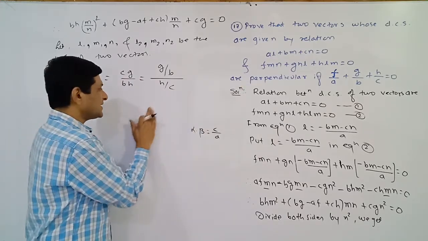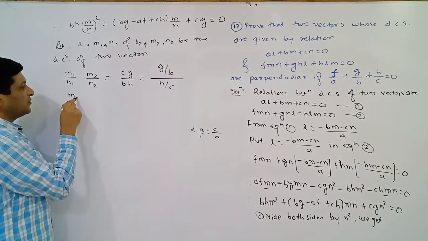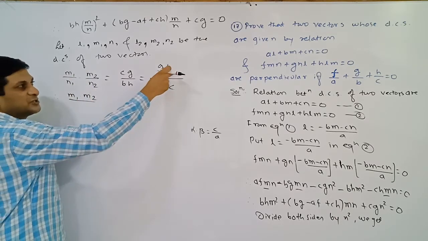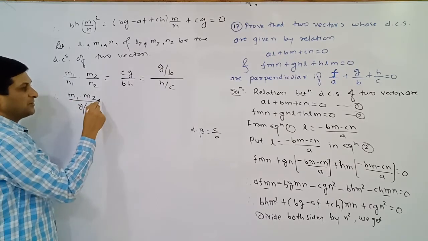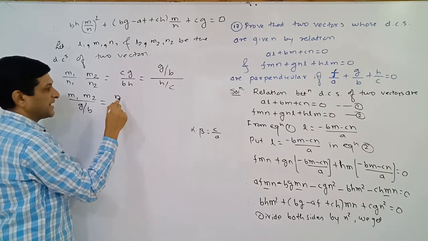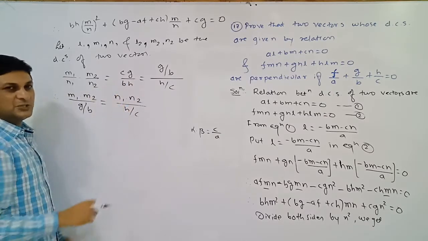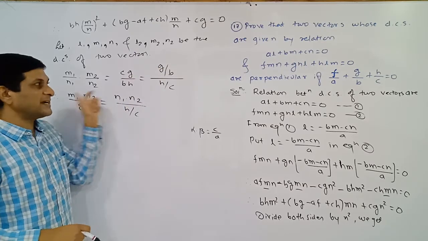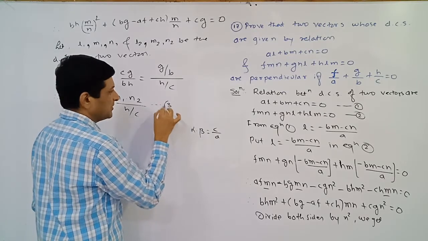Getting it? So now this expression can be written as, therefore, M1 into M2. What is the numerator? M1 into M2. And here G upon B is multiplied, on this side it will get divided. G upon B is equal to N1 N2 is divided, on this side it will get multiplied, N1 into N2, in the denominator H upon C. Just we are using transformation. This term is multiplied, on this side it will get divided; this term is divided, on this side it will get multiplied. So let us denote this equation by equation number 3.